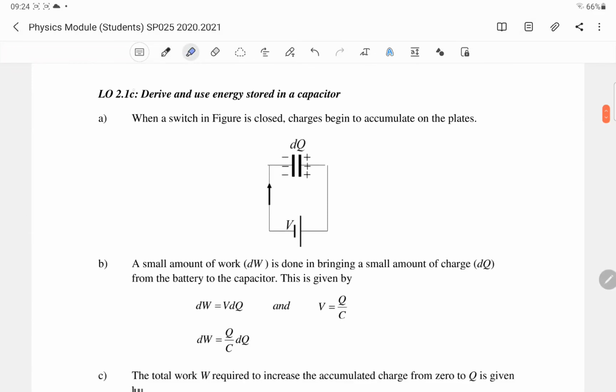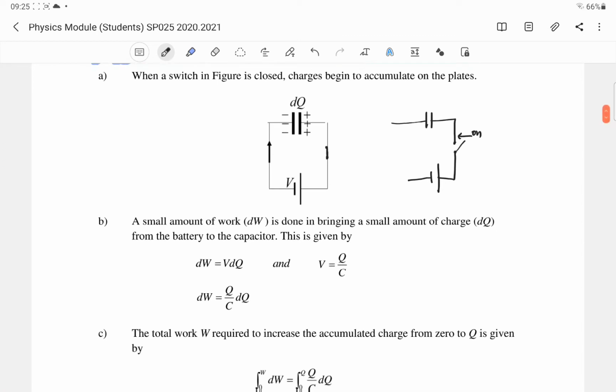Okay, for learning outcome 2.1c, you have to derive and use energy stored in capacitor. Okay, when a switch is closed. Okay, so kat sini ada switch. Okay, switch close. Sebenarnya kalau tak macam ni lah. Okay, dia macam tu. Okay, ni switch off kan. Okay, kalau kita on kan switch ataupun switch close, the current will flow or the electron will flow in the